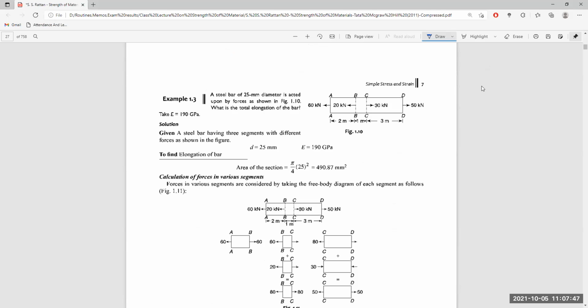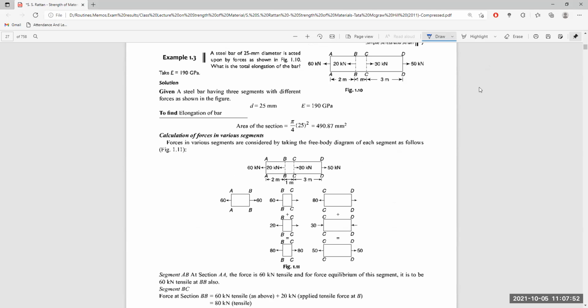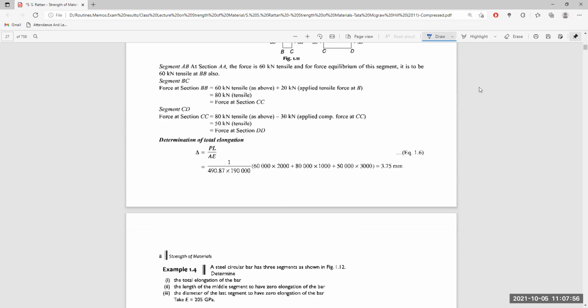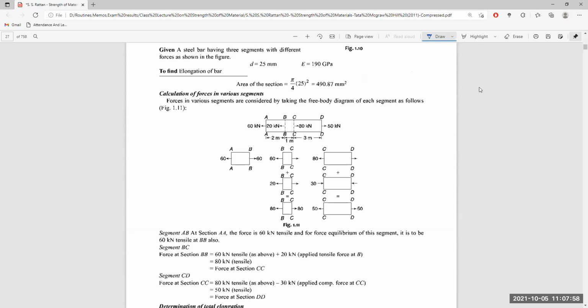It is not that simple, young man. This is the easiest problem which I have shown up to this moment. But we have to understand it because it has so many applications. Let us go through this problem.